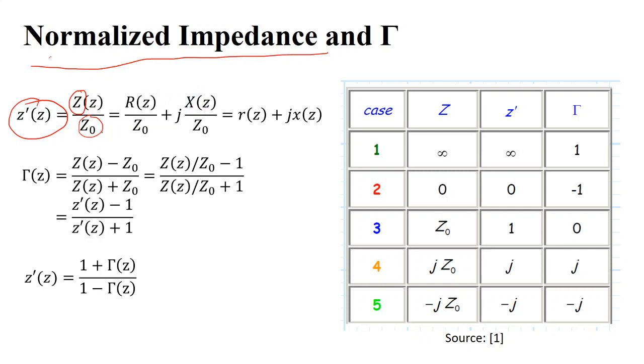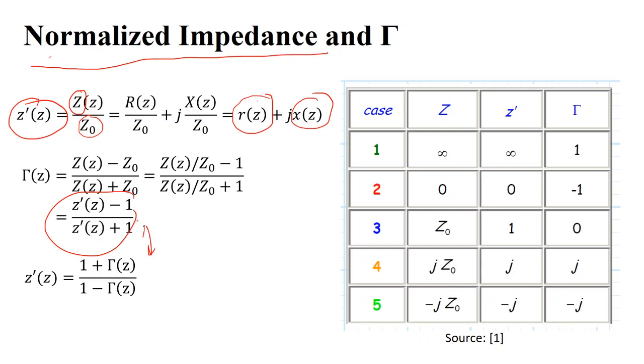Just you have to multiply with the Z naught. That's why we use a normalized load instead of using direct values. So the real part of this load will become the normalized resistive load, and this is the normalized reactive part. Similarly, the reflection coefficient will simply come out to be, initially you had to subtract Z naught, but now you have just the normalized load minus 1 divided by the normalized load plus 1. So these are the two expressions we will be using here.